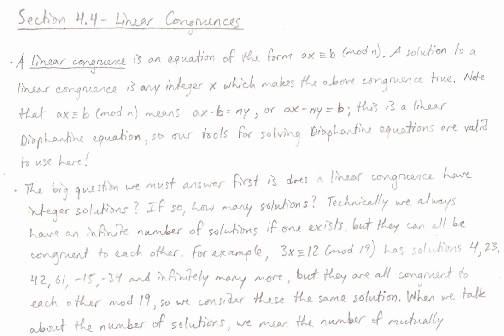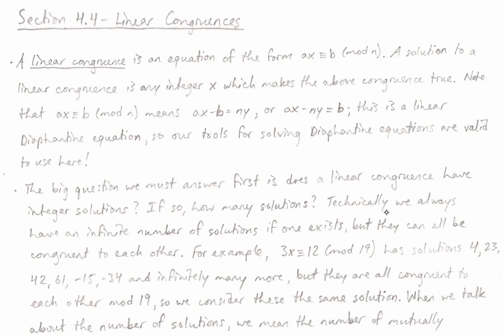Now, looking at ax is congruent to b mod n in terms of divisibility, we said that a is congruent to b mod n if n divides a minus b. So ax is congruent to b mod n means that n divides ax minus b, which, going back to chapter 2,